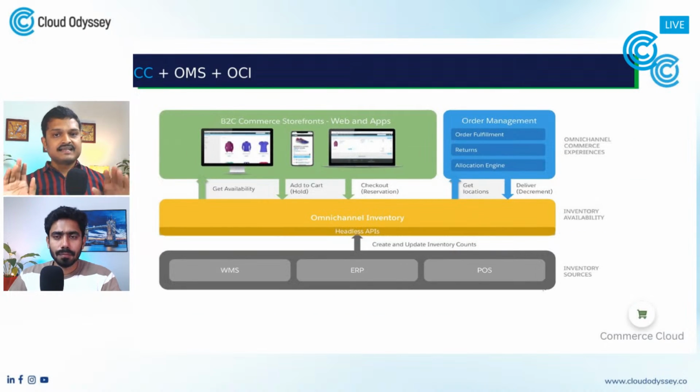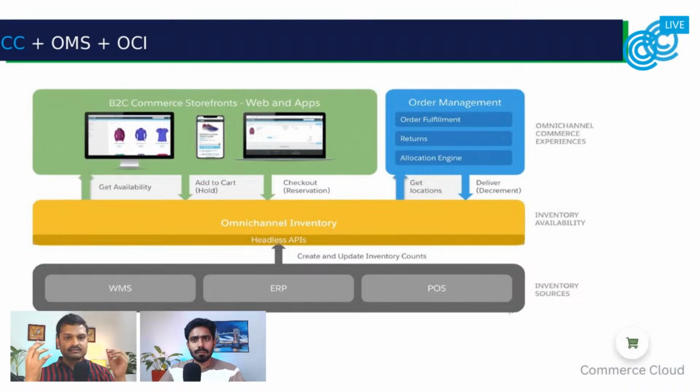Okay, so with that said, now we have some knowledge on what is OMS, what is OCI, and we know Commerce Cloud. It can be B2C or B2B, whatever. So here is the orchestration of all these three systems. We took B2C as an example, and we have the order management system and the omni-channel inventory. If you look, there is some WMS, ERP,